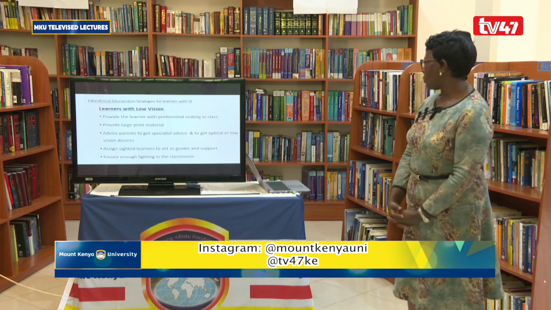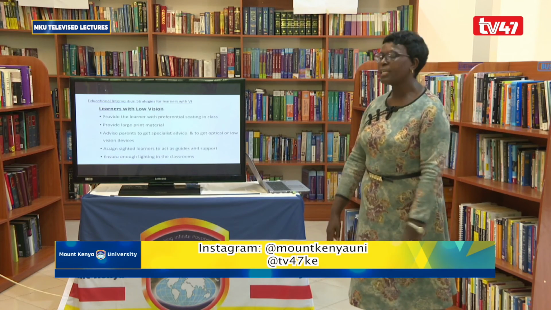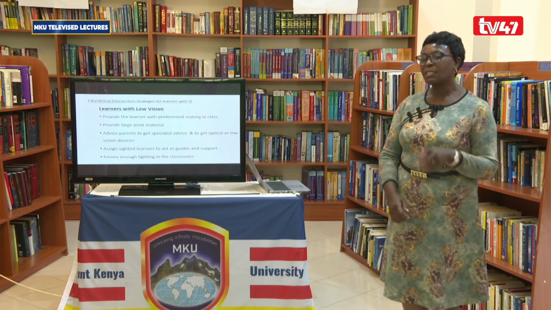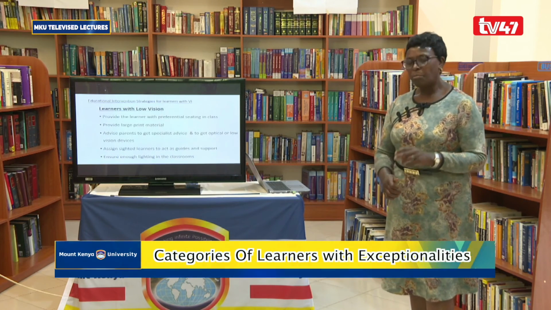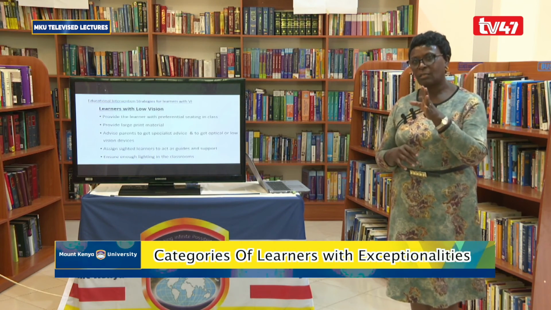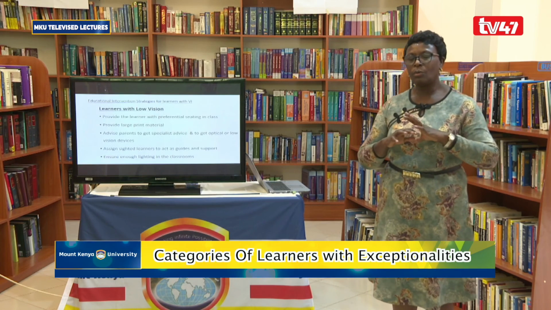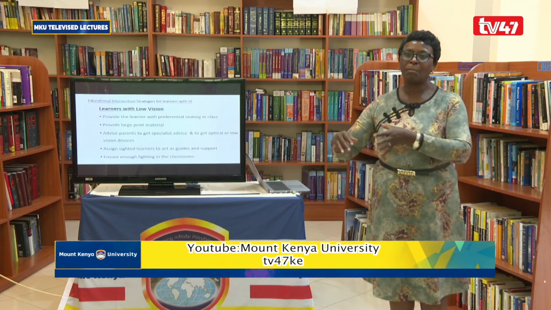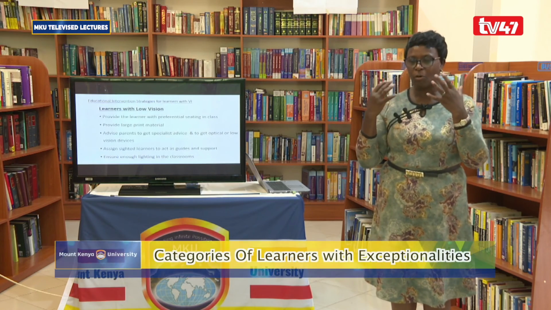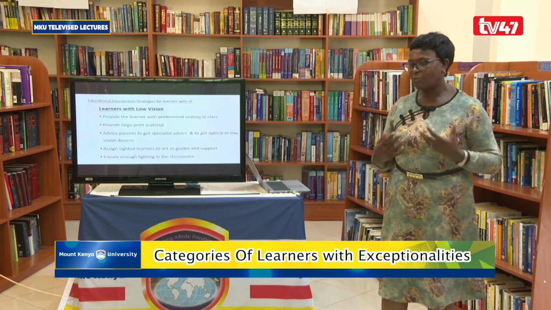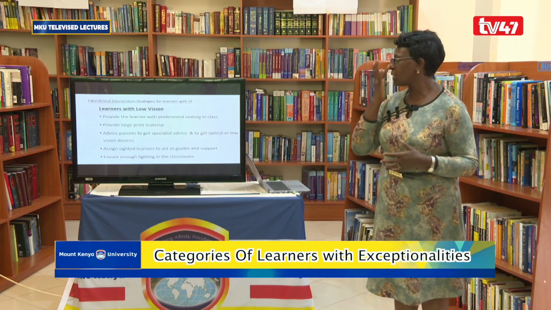For those with low vision, we need to provide them with preferential seating in class, just as we did with those with hearing impairment, and especially those who are hard of hearing. Be with them in class, let them choose the best position where they can see the best. Because you may not know. You might think the front is best for them, but it could be that they are better at the back. They might think the center is good for them, but depending on the eye and the level of loss, maybe they need to be on the side, the right or the left. So be with them and offer them preferential seating.